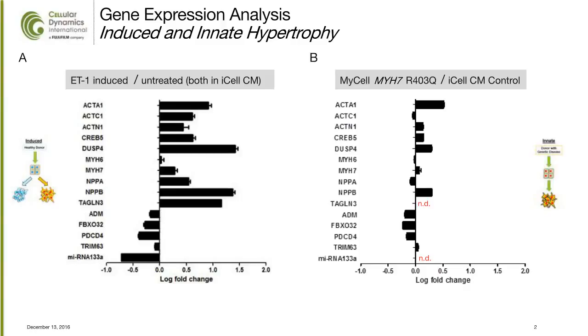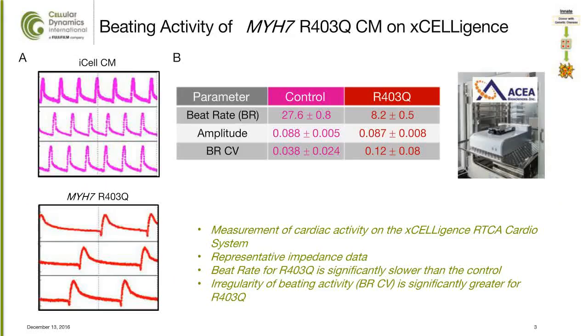So the next thing we wanted to do was to look a little more closely at the functional consequences of this R403Q mutation. One of the first things we did was look at the beating activity, and this is assessed on the xCELLigence by looking at the changes in impedance. In these experiments, the cells are plated as a monolayer in an E-plate, and in panel A, I'm showing the control iCell cardiomyocytes